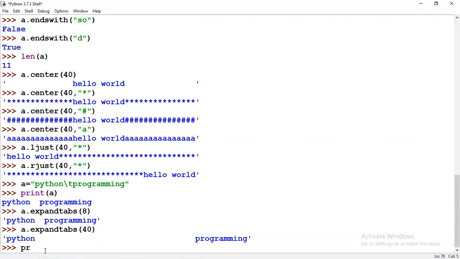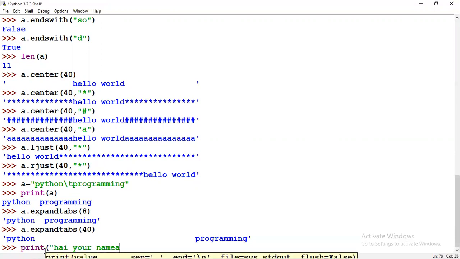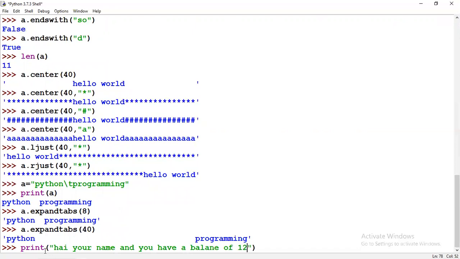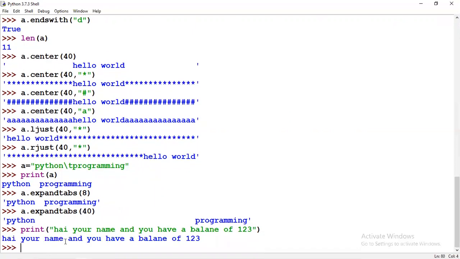The next thing is print: hi your name, and you have a balance of. I just gave something like this. Now what I'm going to do here is, in this message hi your name and you have a balance of 123, you want to make the name and the balance 123 dynamic. Everything else is static. That's nothing but our bank messages. Every time our bank messages are actually the same. You will get hi